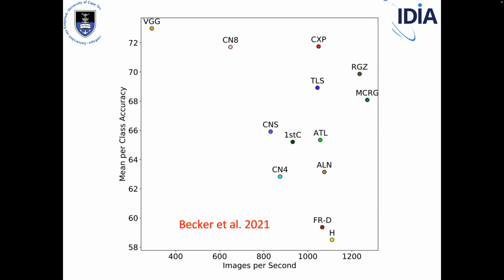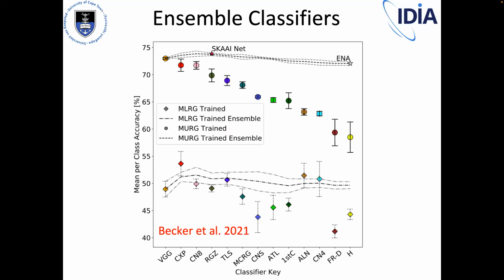This was using only a single powerful GPU, specifically tuned for this purpose. So this model, known as VGG, still outperformed all of the others, but it could only classify 400 sources per second, which might be a problem if you have to classify billions of sources going forward with the SKA. Of course, things are going to get better in the meantime, but these are the sort of things that astronomers, and data scientists working with astronomers, will have to tackle in the future